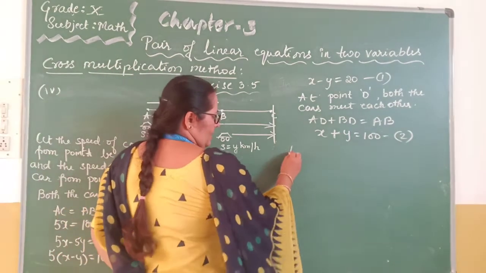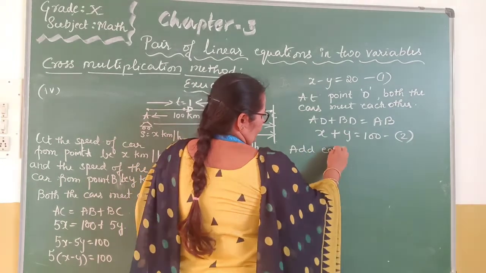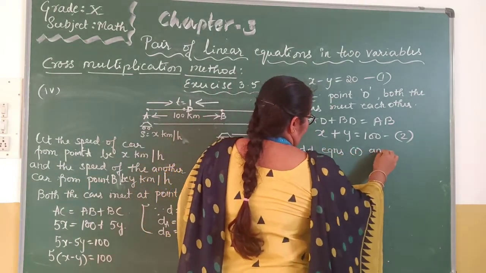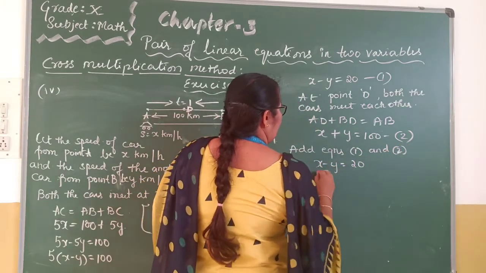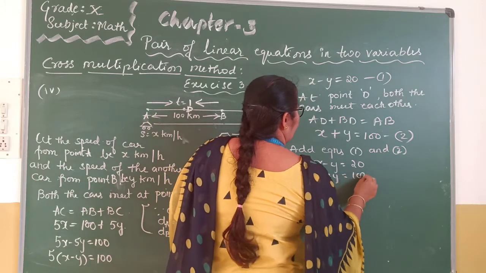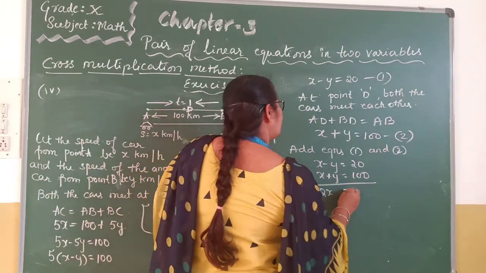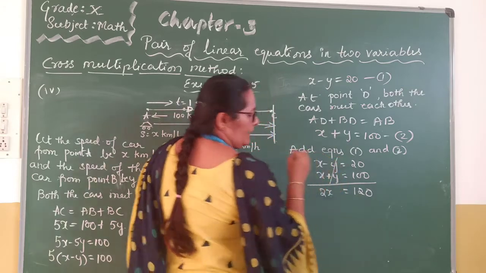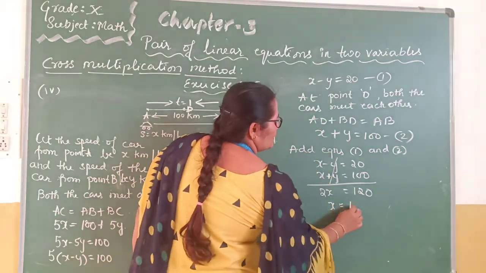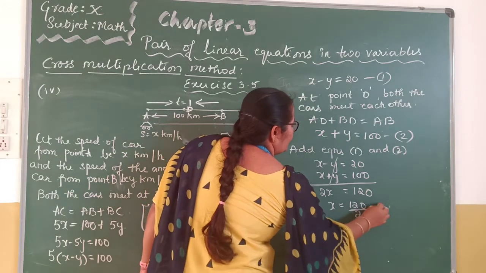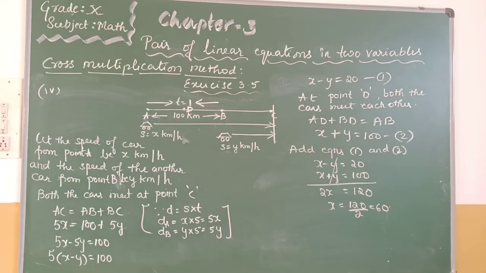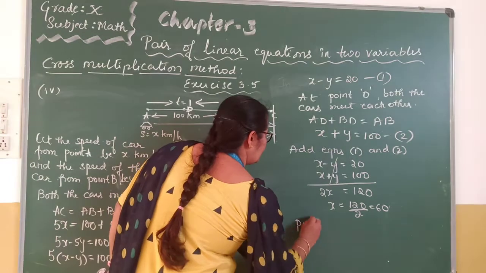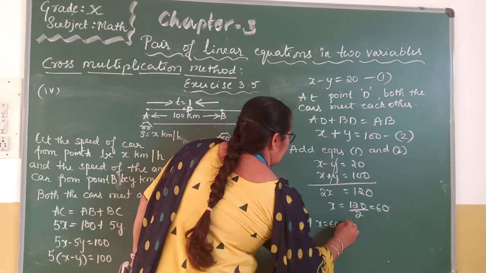Now add equations 1 and 2. Add these two: x minus y is 20, x plus y is 100. So 2x equals 120, since y minus y cancel. So x equals 120 by 2, which is 60. When x is 60, put x equals 60 in equation 1,